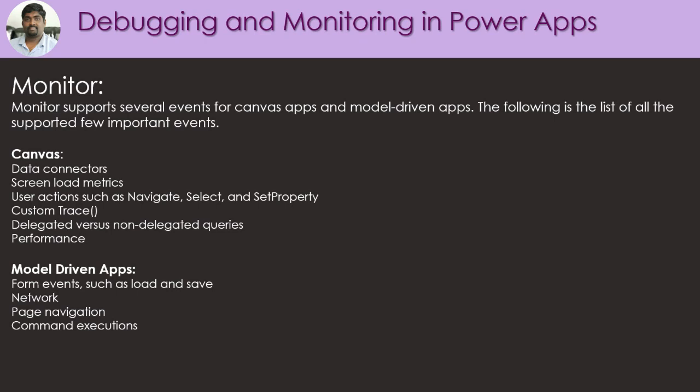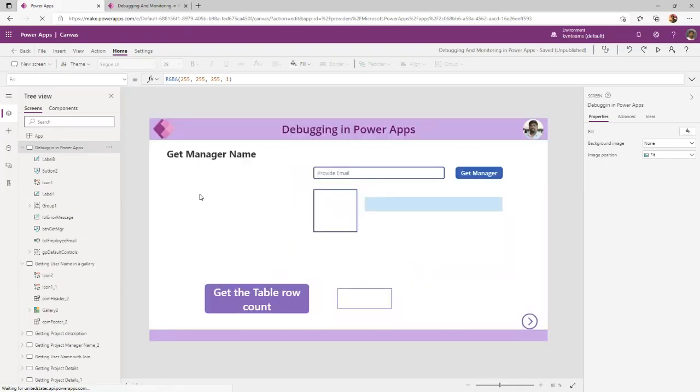How about model-driven apps? I can understand what page navigations are going on, what the network connectivity is, which network it is using, and command execution. When we write business process flows, how the business process flow is executing, everything we could see as part of Monitor. This is something Microsoft has released, but in my way of doing monitoring,